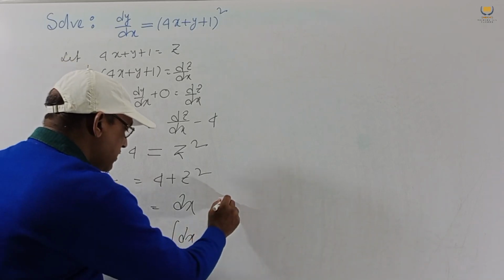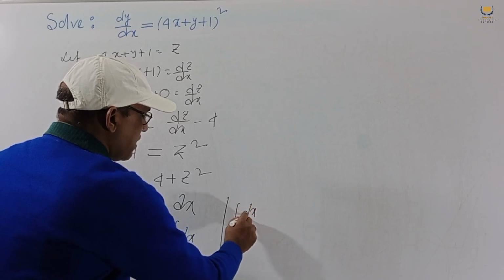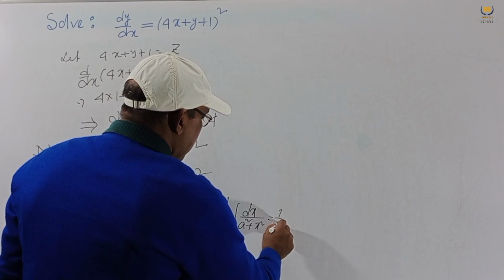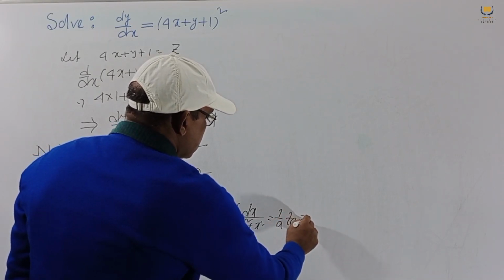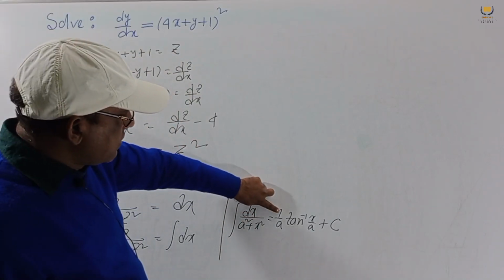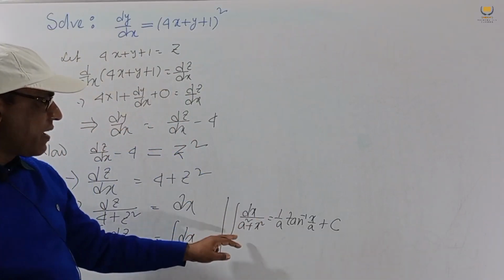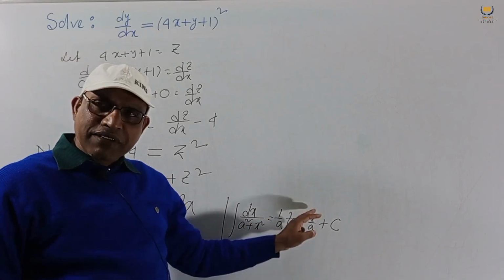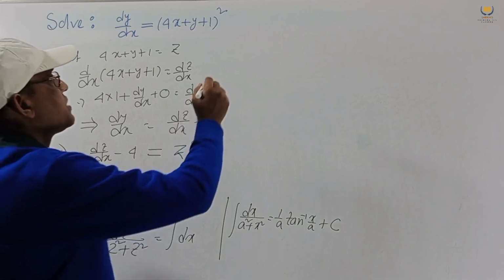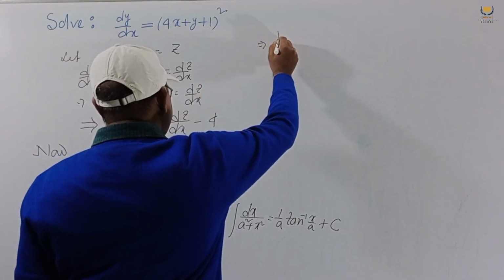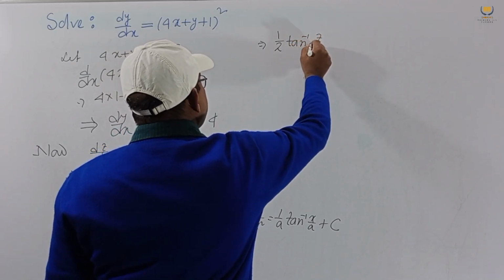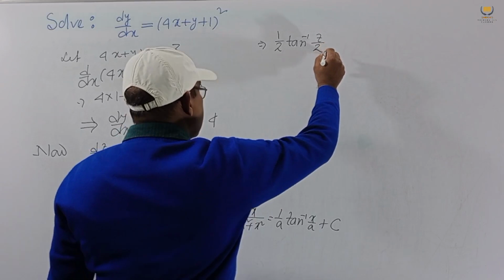But you know this formula, integration of dx by a square plus x square equal to 1 by a tan inverse x by a plus c. So this is the a square plus x square formula. So this implies we get 1 by 2, 1 by a, that means tan inverse z by 2, and dx